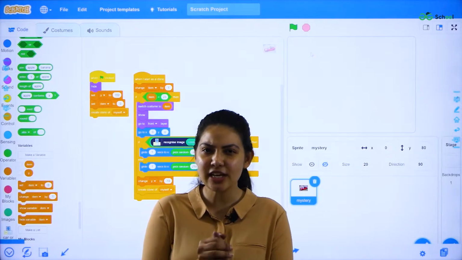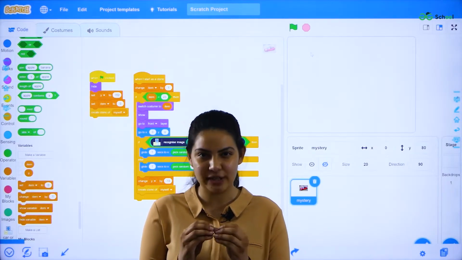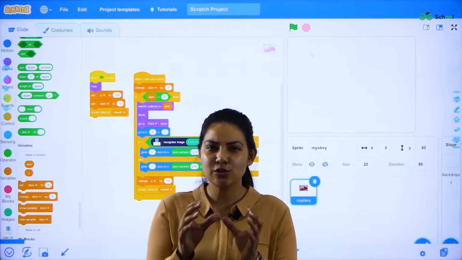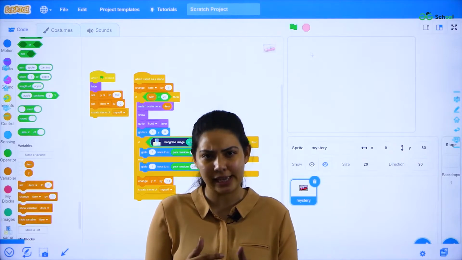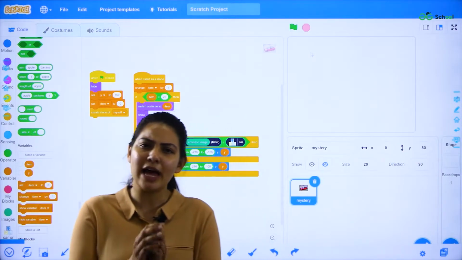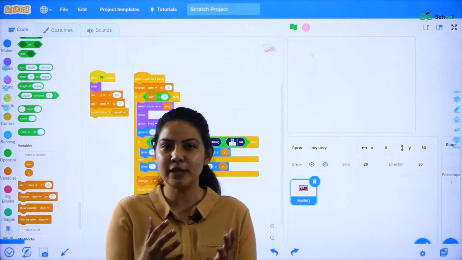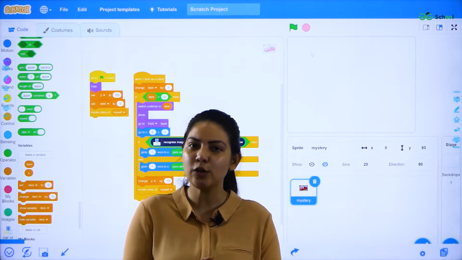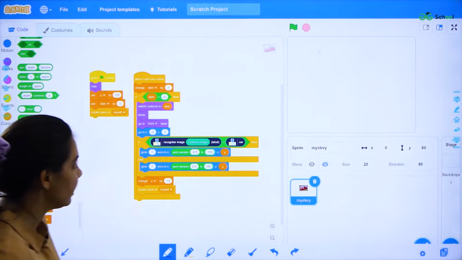Everyone, this is Disha here and today we are going to perform an activity, that is, we will teach our computer to sort the photos of multiple things. For example, if I give multiple photos of cars and cups, my computer will sort them into two piles. Let's see how it works.